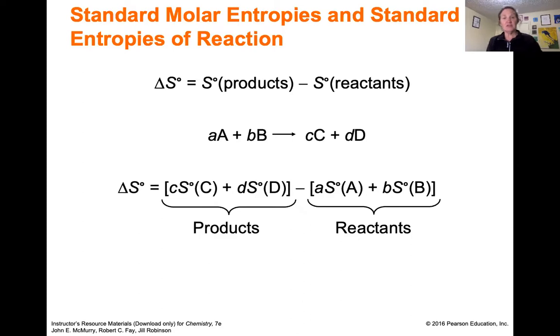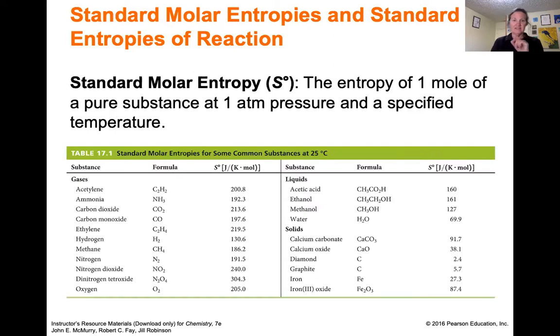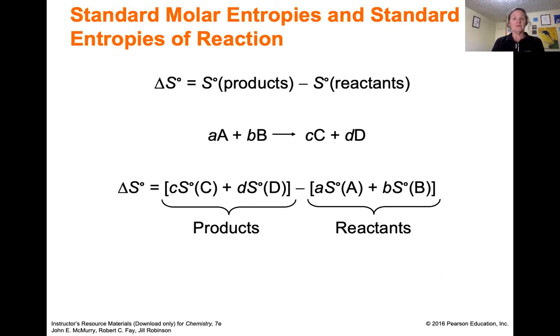So if you want to use those tables, you'll take the entropy of the products minus the reactants and end up with a delta S standard state for a process. So if you have a reaction, the products minus reactants, don't forget that each of these is entropy in joules per K per mole. So you have to multiply by the stoichiometric coefficients, which tells you the number of moles in your reaction. So we will use this equation when I do a couple problems after this lecture.